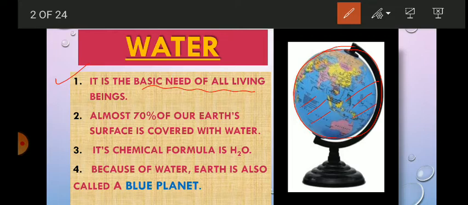Because most of the surface is covered by water, our planet Earth appears blue from space. Because it appears blue, Earth is also called a blue planet. In the higher classes, you will study that the chemical formula of water is H2O. H2O means water. Got it?